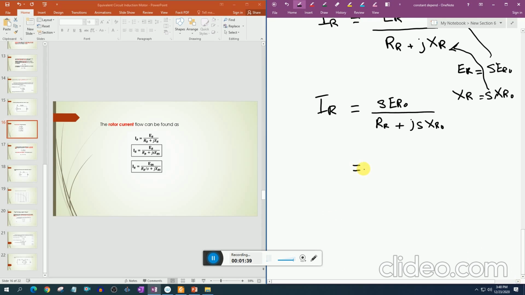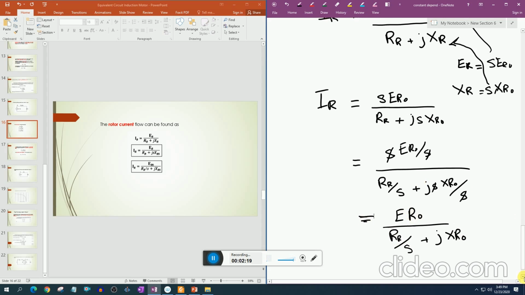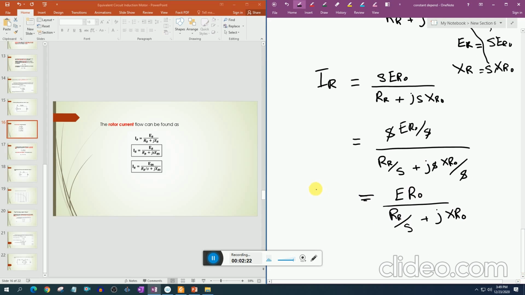Dividing both equations by S: this has this, this has this. Divide the whole equation, this by S and this by S. It will become E_R0 divided by R_R divided by S plus jX_R0. In this way, we can calculate I_R